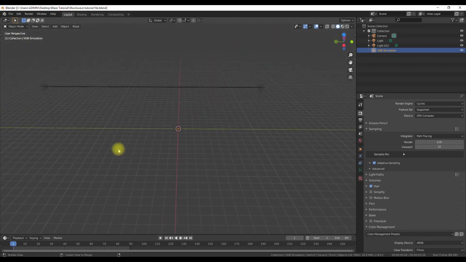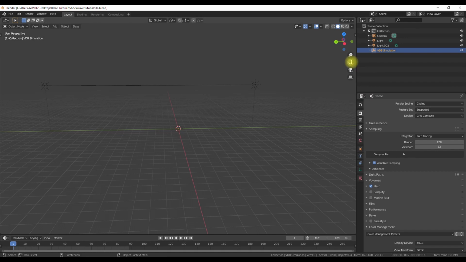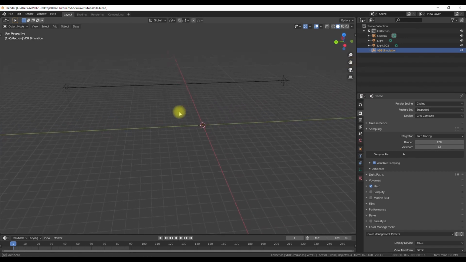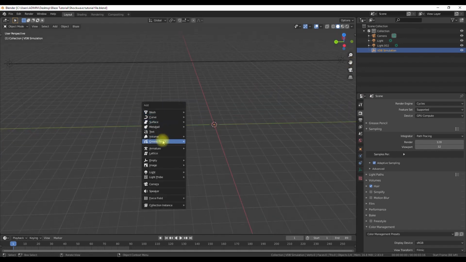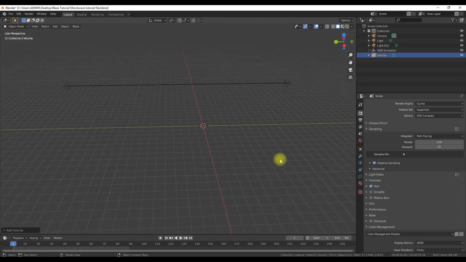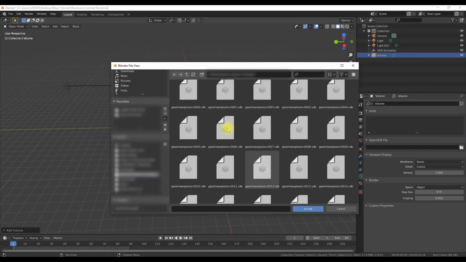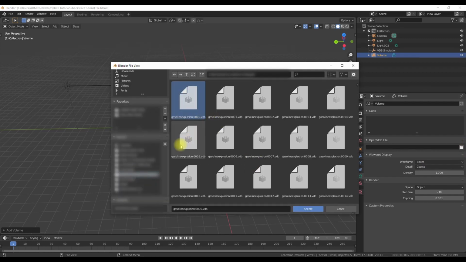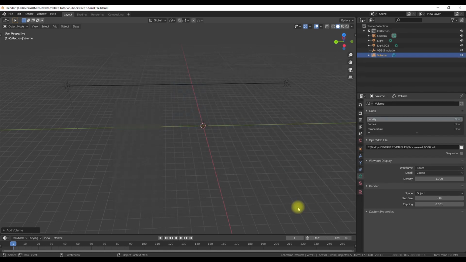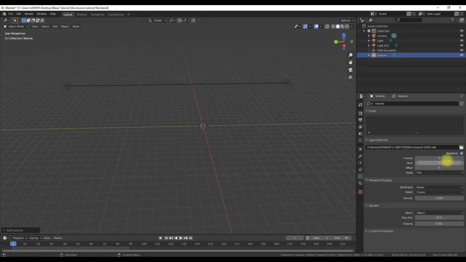So here I will show you 3 to 4 examples of VDB files, a Mantaflow simulation and a smoke simulation. I'm going to begin with the VDB simulation. I'm going to import a VDB file just by adding a volume empty. I'm going to take a VDB file with a shockwave in it, and that is a little bit different. So wait for that, I'm going to show that in a few minutes.